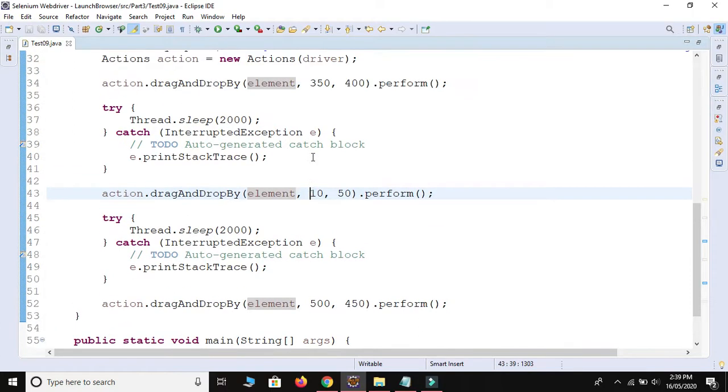We are changing from 350 to 10, so let me use minus here. Again minus here, because positive means it will maximize and negative means it will reduce. So let me save and let me run.